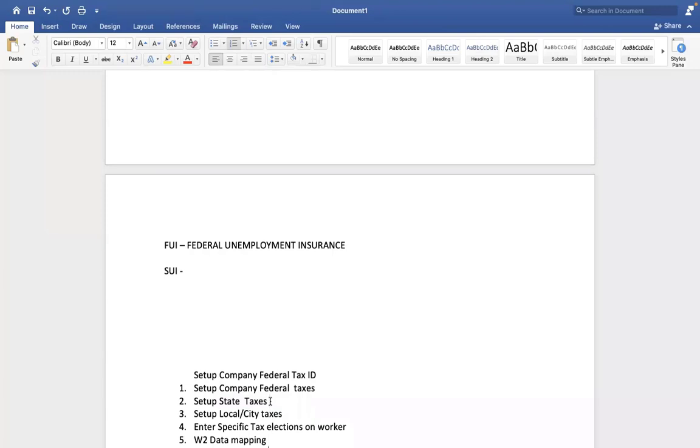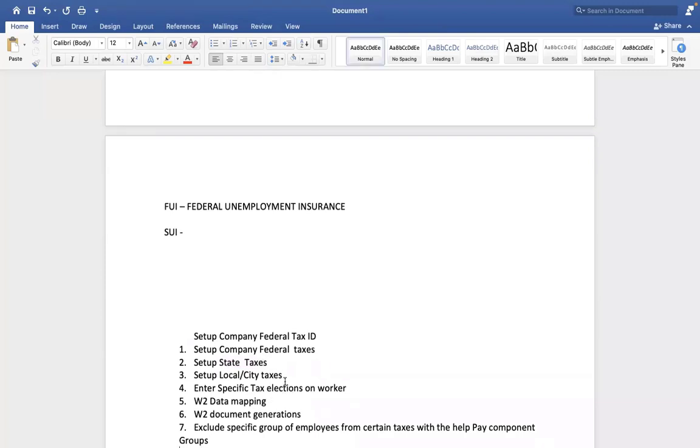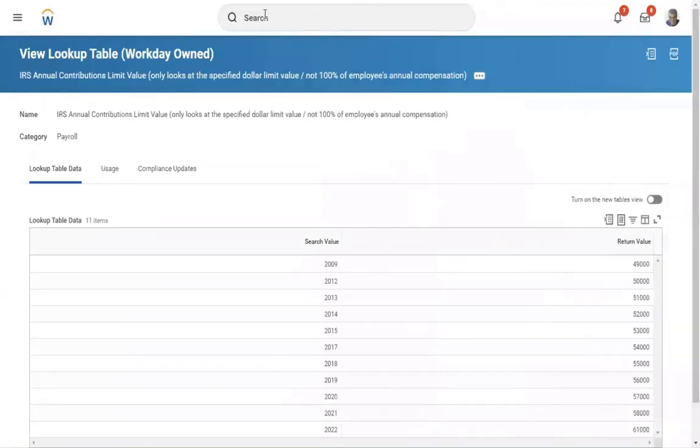Similarly, city or local taxes. We don't have any specific task, okay? In one task only, set up state tax. Example,